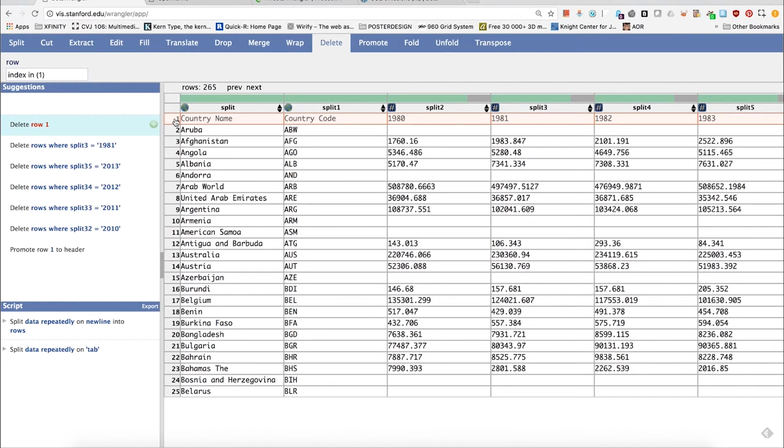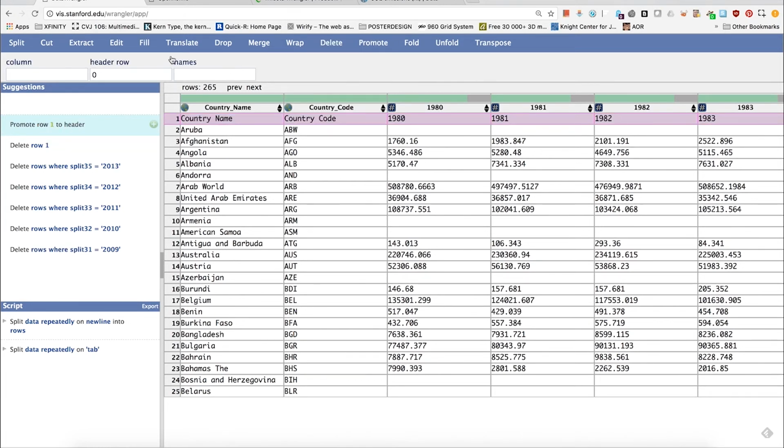And the option that we need to click on is called Promote, which is up here. Okay, this one over here. Click on Promote. All right, and after you do that, keep your cursor over here. You will see that it says over here, Promote row 1 to header. Now, when that shows up over here, click on the plus symbol. What the plus symbol does is to apply that change to the file.